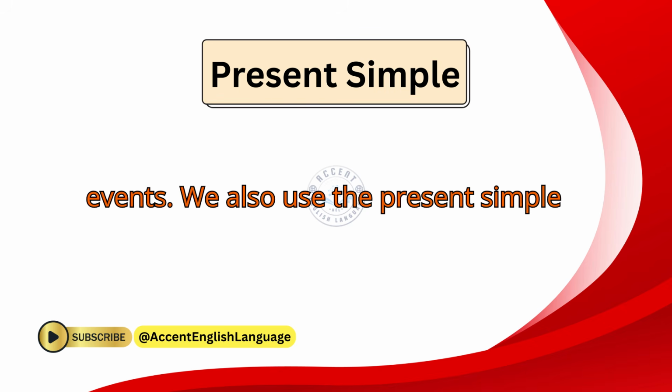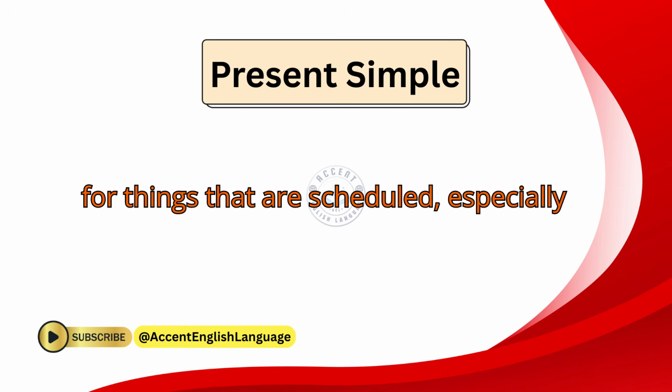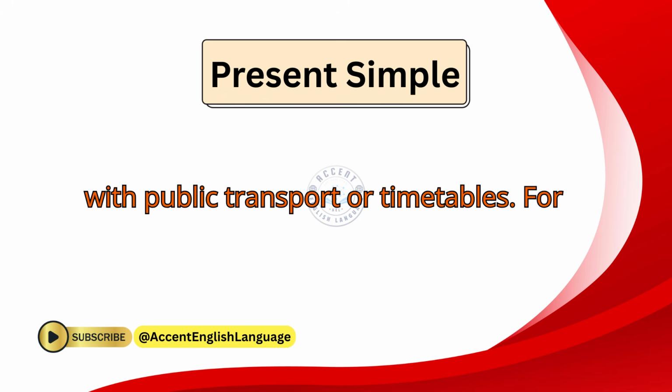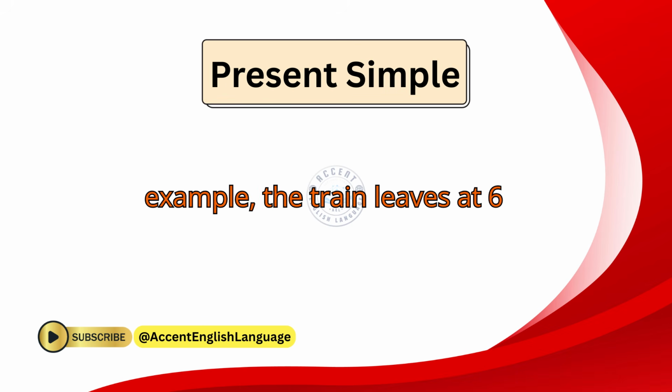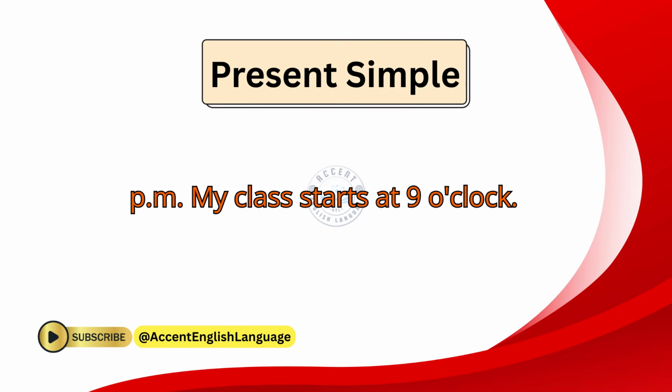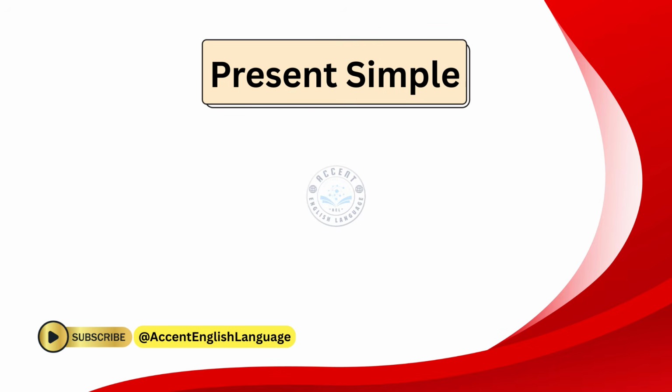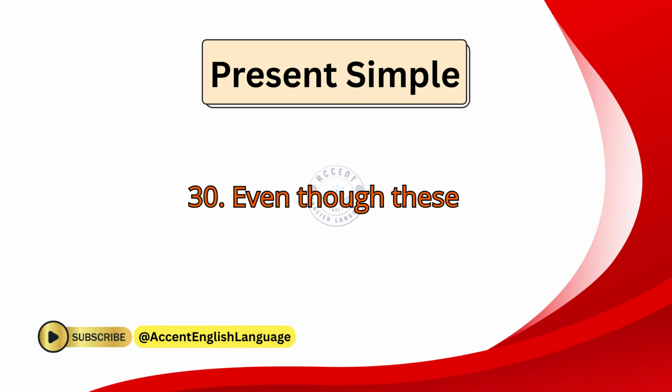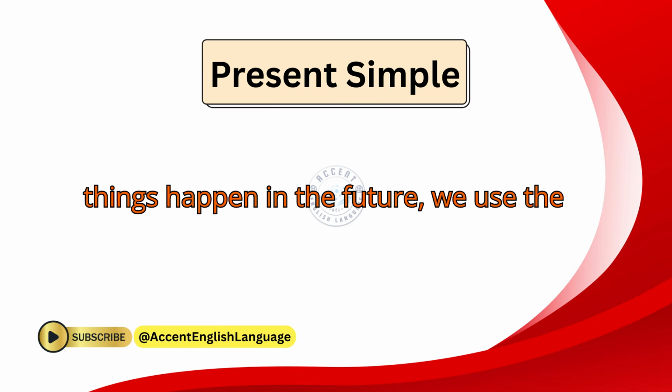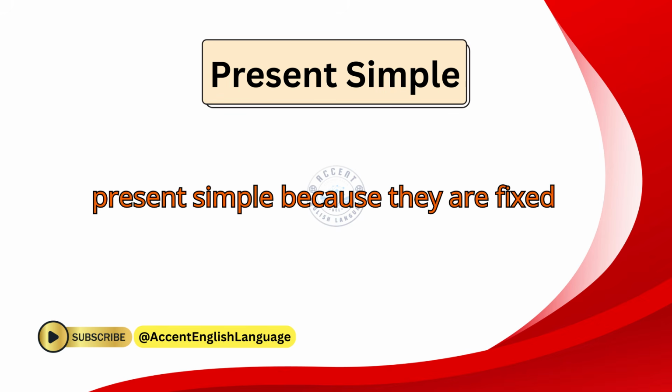Scheduled events. We also use the present simple for things that are scheduled, especially with public transport or timetables. For example, the train leaves at 6 p.m. My class starts at 9 o'clock. The movie begins at 8. School finishes at 3:30. Even though these things happen in the future, we use the present simple because they are